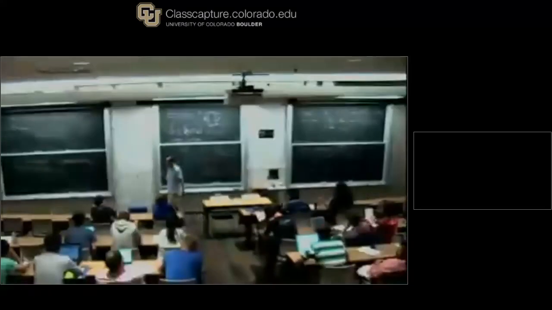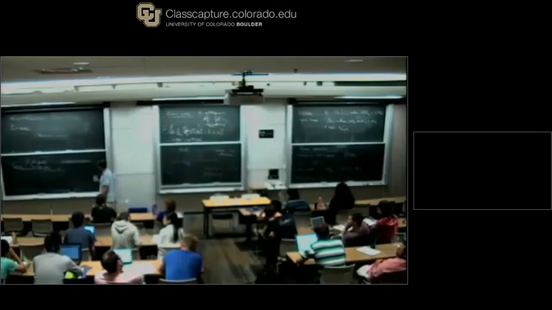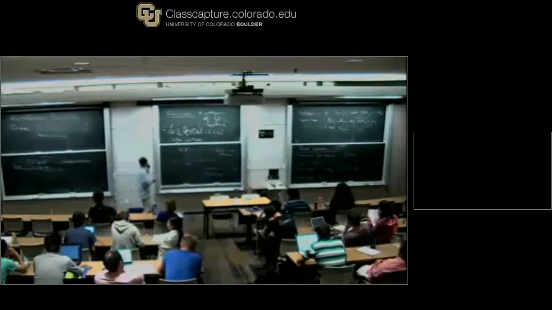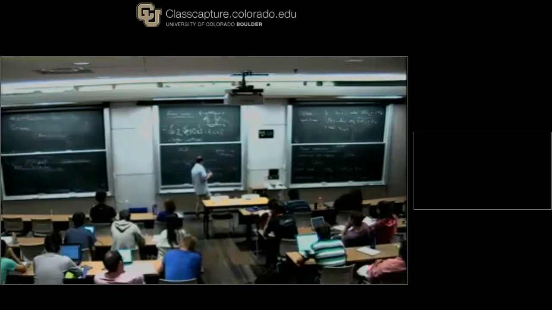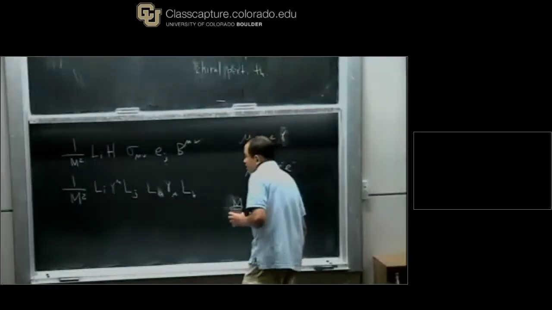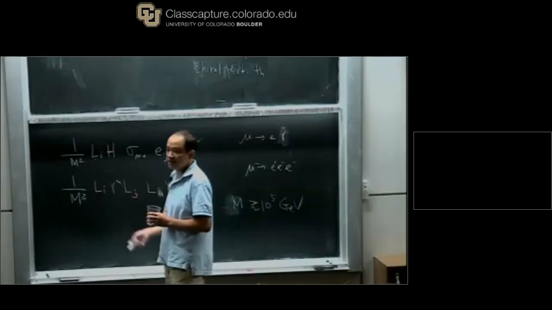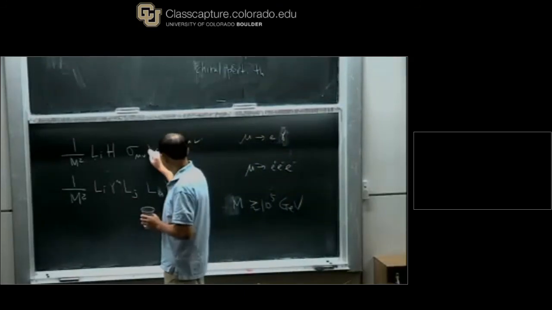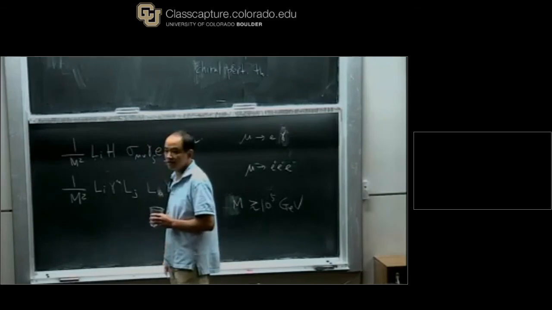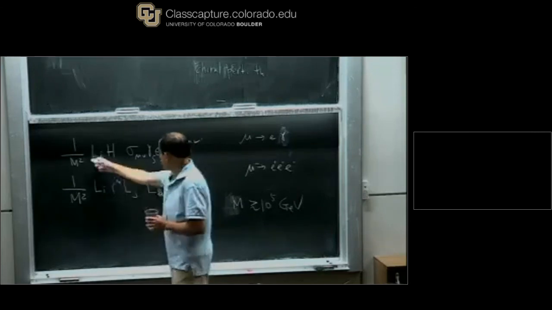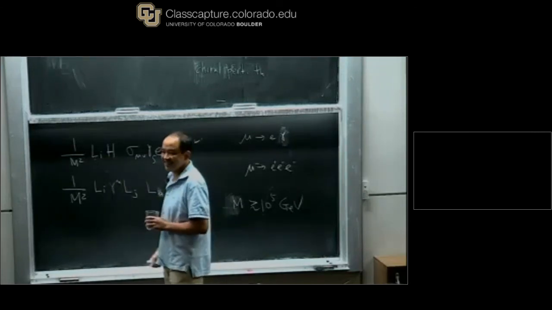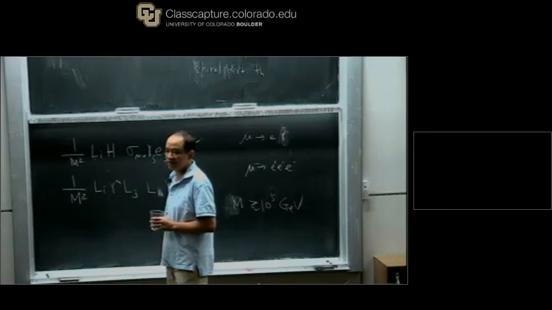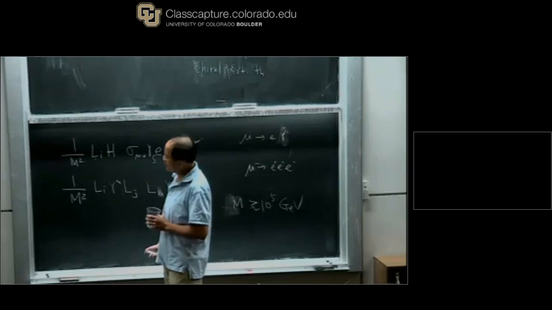What does this CP violating operator look like that comes from the phase? We can just talk about CP violation. There are many CP violating operators that you can write. For example, this violates CP. And if I make this into quarks, then it becomes a dipole moment type of operator that violates CP.